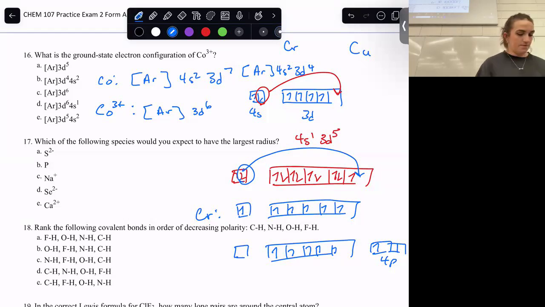So it'll never happen where something is going to fill the p orbital from the s orbital, but it will happen when something will fill the d orbital from the s orbital. And it only happens with chromium and copper and everything underneath. Yep. So how do you know when